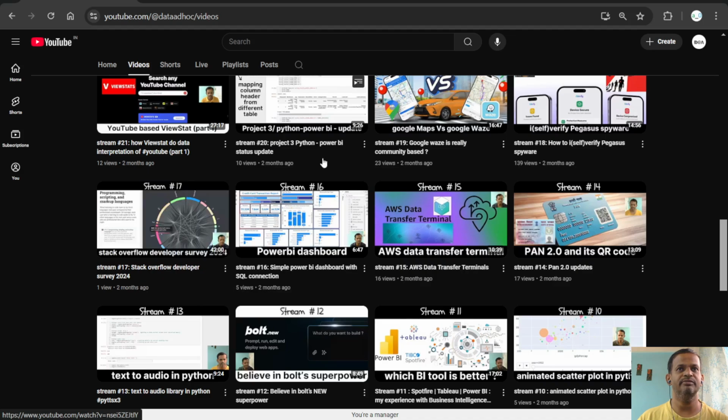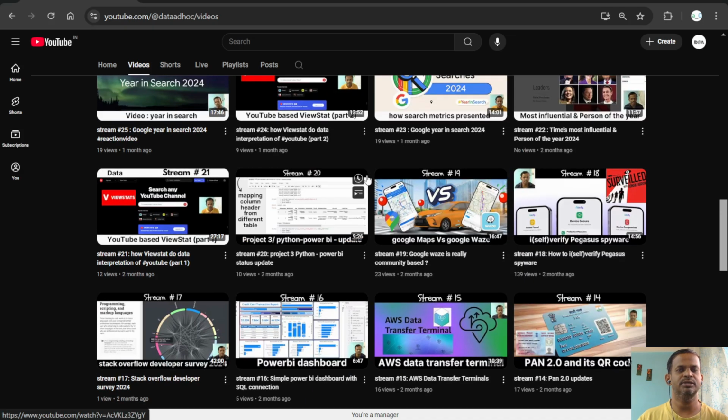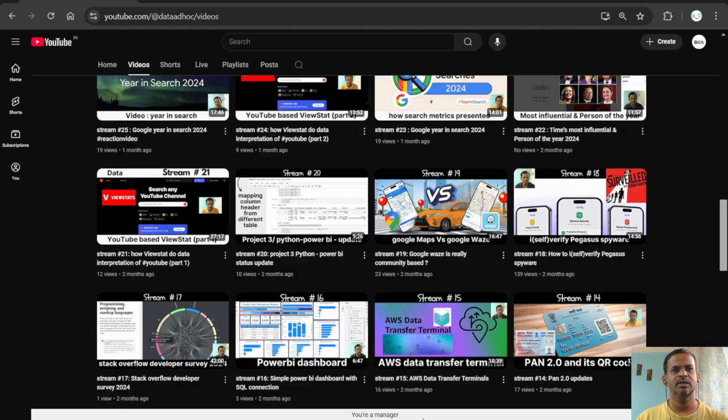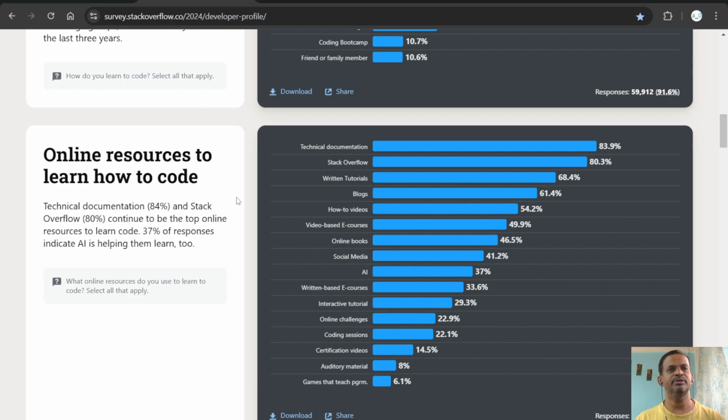First I thought I would use it to analyze the 2024 profile in Power BI, but while trying that, I thought I would create a time series kind of dashboard where we can see how this 2024